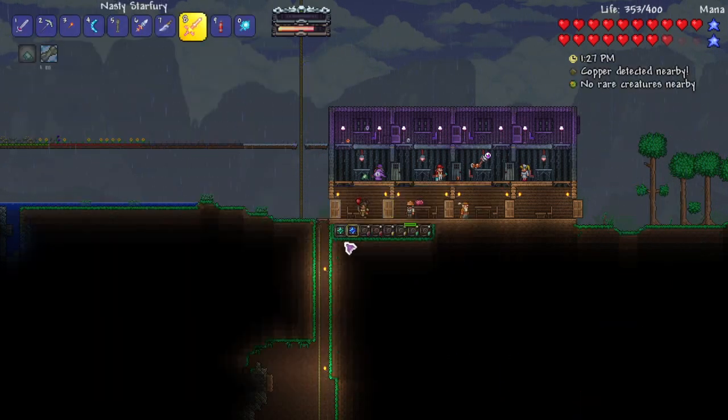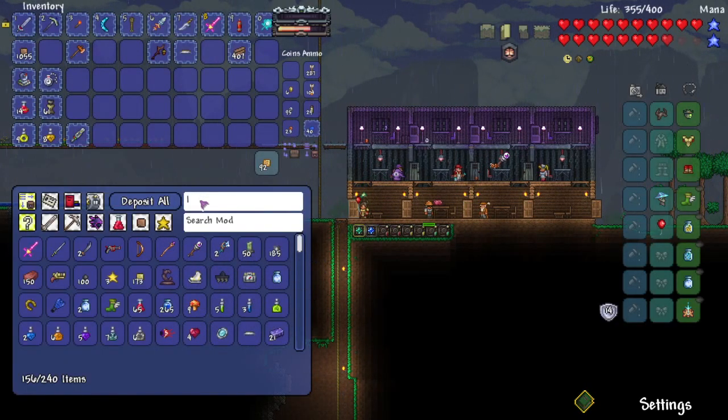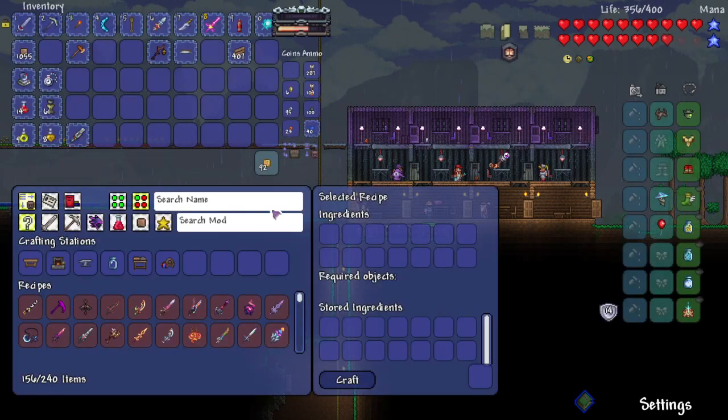Alrighty. So now we want... How many hunters do we have? How many battles? Well, we have no battles. Let's put some musket balls in our inventory. Let's put...